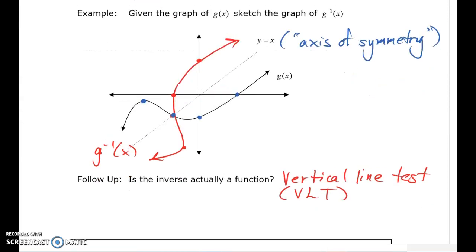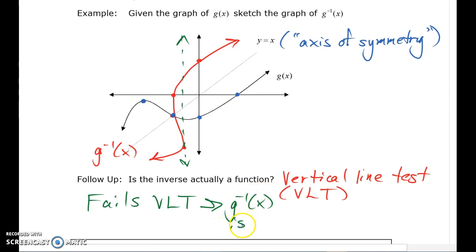So if you recall, anytime we look at a relation, in terms of defining it as a function, we want to see if it passes the vertical line test. Does this pass the vertical line test? Let's see. It looks like it fails. So because it fails the vertical line test, the conclusion is that the inverse is not